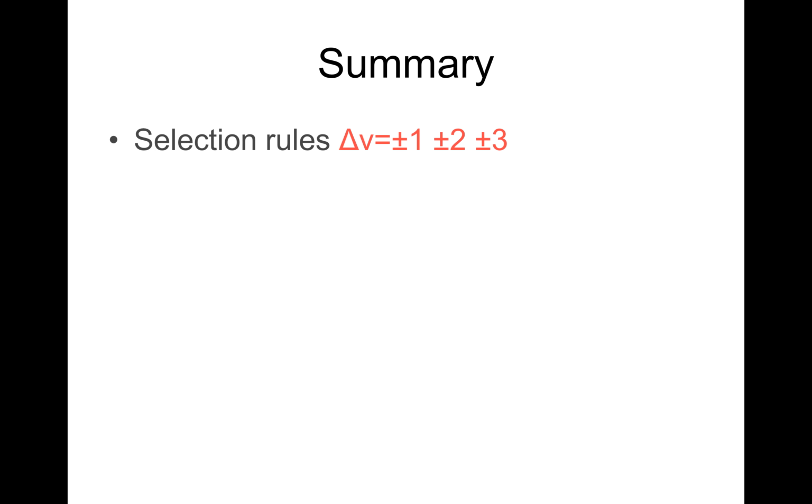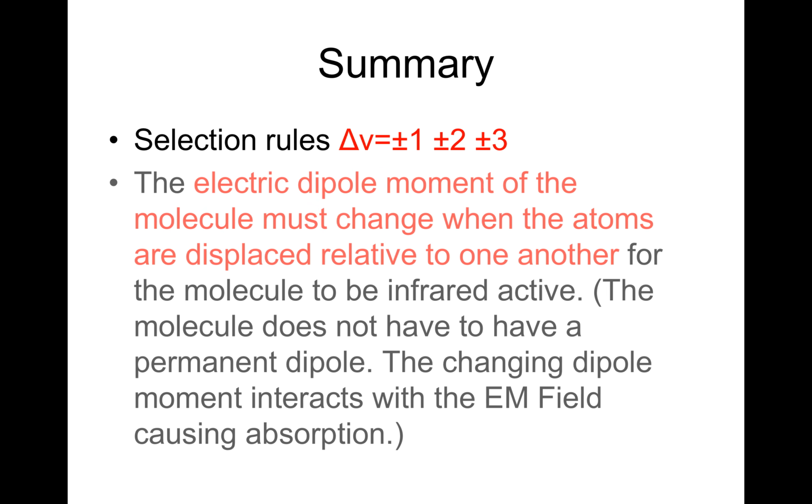Let us now summarize. The selection rules: delta v is plus or minus 1, plus or minus 2, plus or minus 3, different from the rotational system. The electric